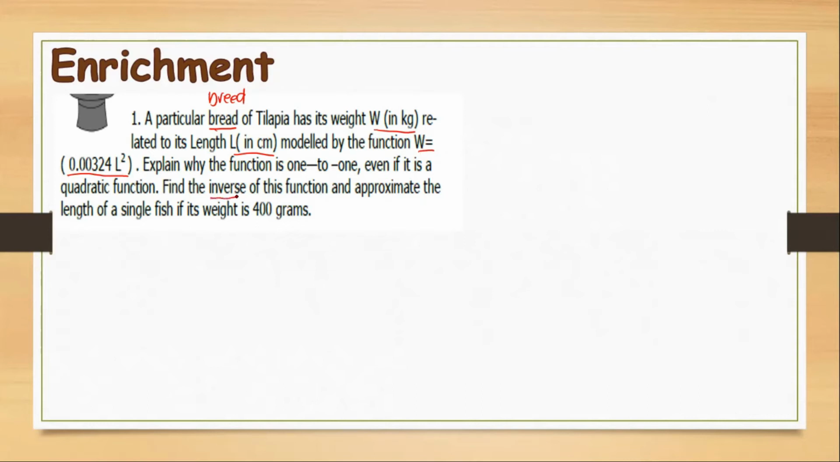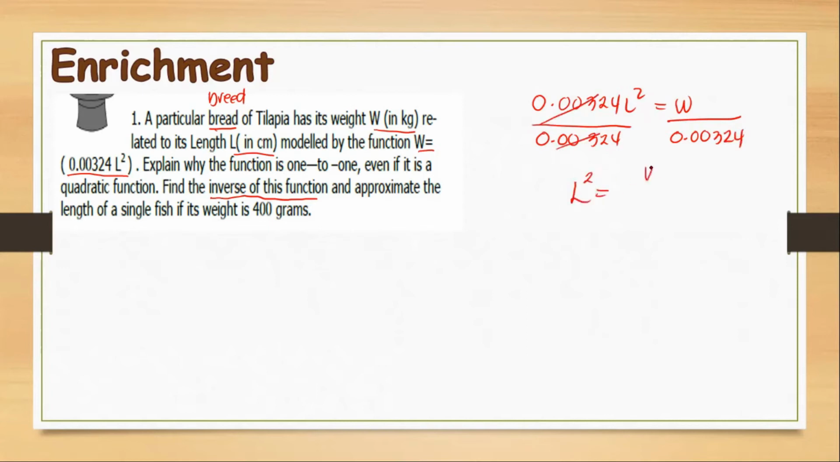So let's continue. Let's find the inverse of the function. To find the inverse of the function, we have 0.00324 L squared equals W. Then find L in terms of W. So that is to divide the constant 0.00324 on both sides of your equation. And so if you solve this, L squared will be equal to W divided by